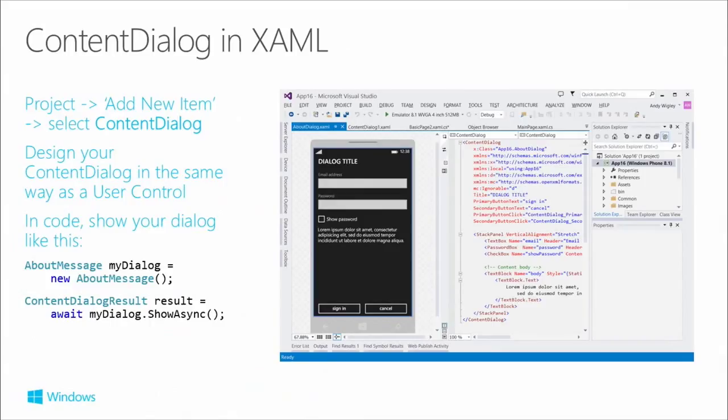But actually, the more usual way you will use a content dialog is a bit like creating a user control. So here you can go into Project, Add New Item, and one of the items on the Add New Item is a content dialog, and that will stick this about dialog in this example, whatever name you give it, into your project, and then you can code the UI just the same as if you were building a page, and design it and put your logic in it, and then when you want to use it, you use the code shown on the bottom left there. You new an instance of it up in your code behind, and then call the showAsync method on it to actually show it on the screen.